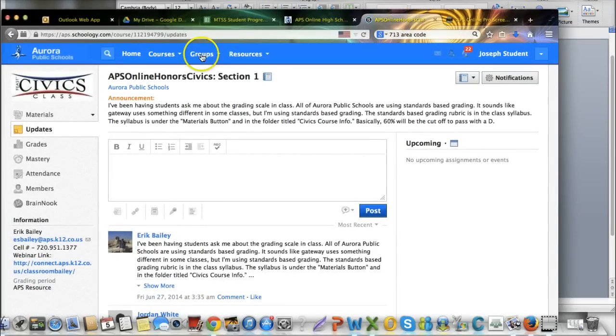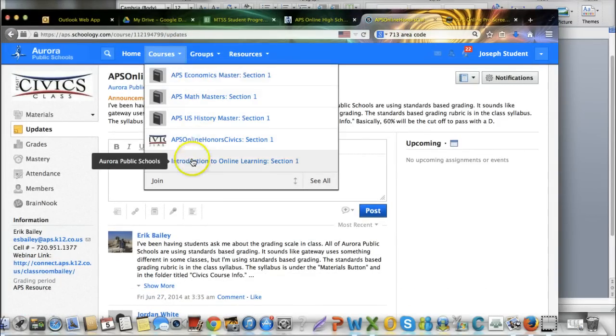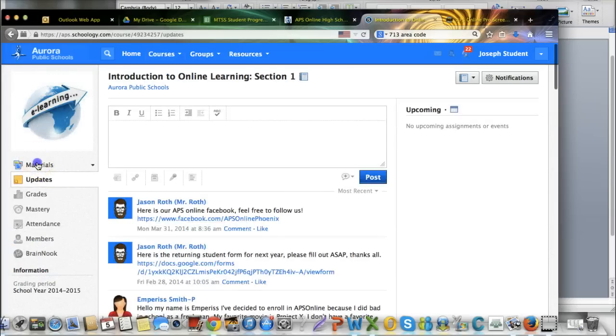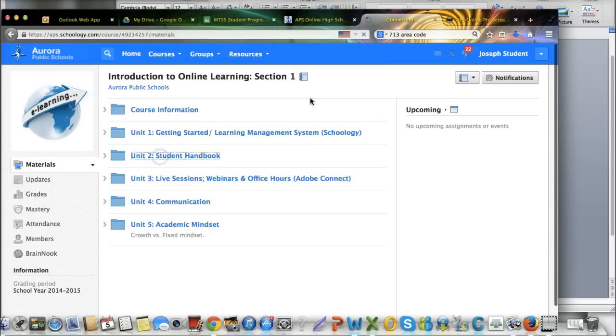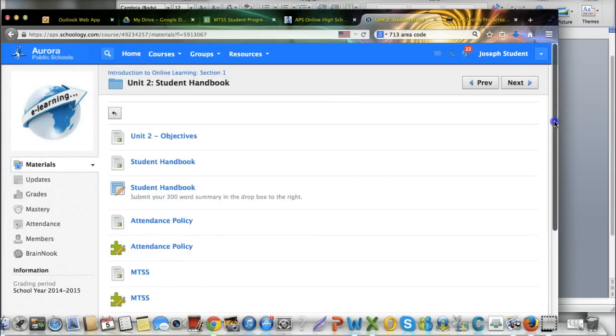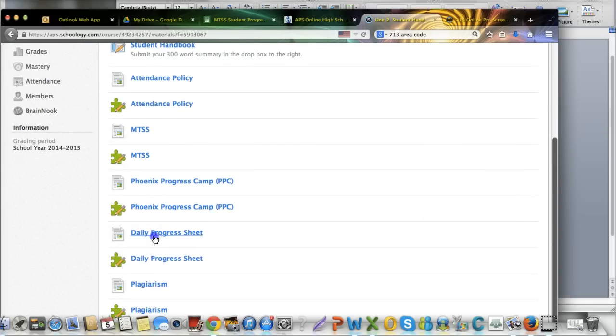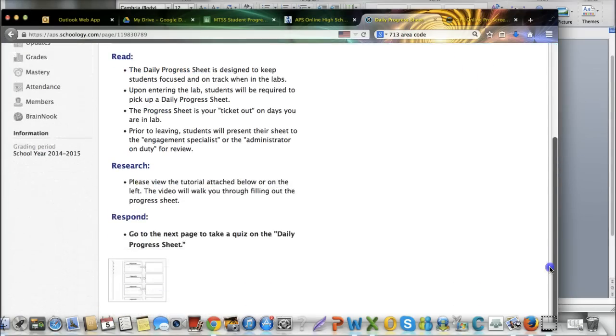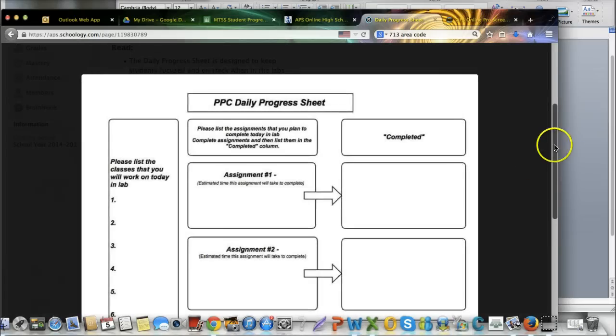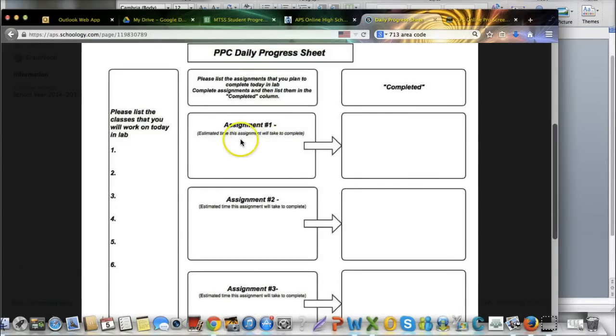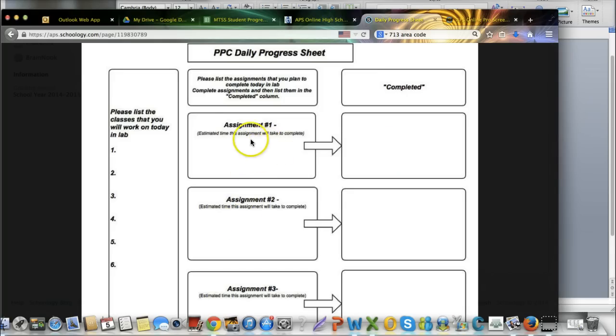And I'm going to open that up here. And we'll put this up down here. So after you complete an assignment in the daily progress sheet, you'll take it from this assignment, this middle category, and you write over here in completed what you have completed over here. Okay, so whatever you put for assignment 1, you'll put over here in completed. Whatever you put for assignment 2, after you complete it, and only after you complete it, you put over here